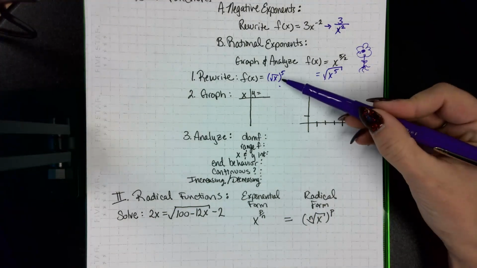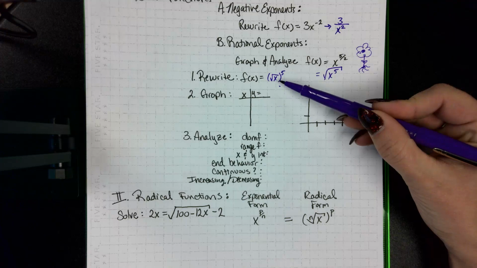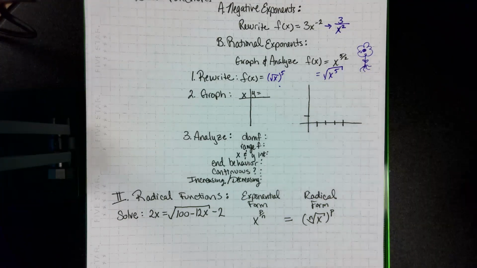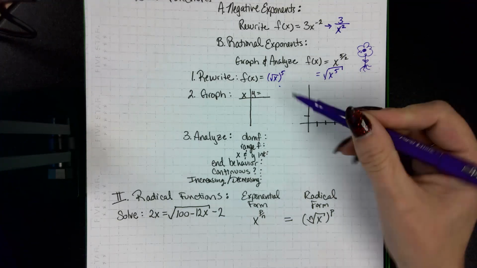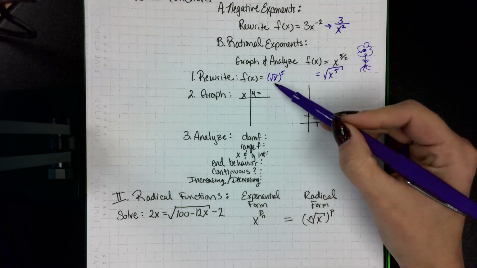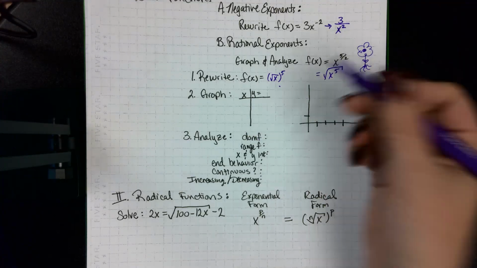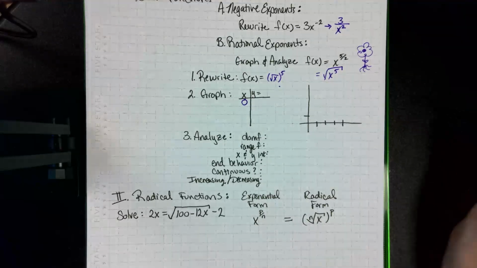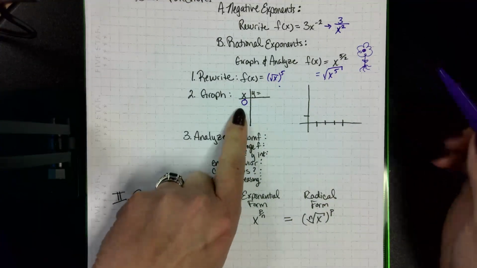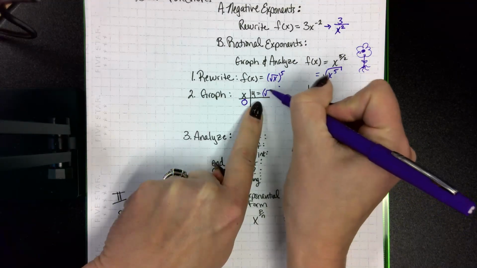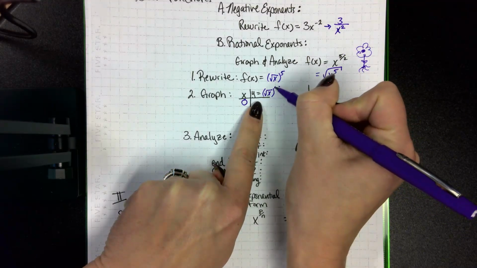So if I'm talking about a square root function, I know what that parent function looks like. It starts at 0 and goes to the right, to the positive numbers. We don't take the square root of a negative number because that would be imaginary. So that tells me if I'm going to choose my x values, I could start at 0. That would be a good number to choose. And if x is 0 and I plug it into y equals the square root of x and raise it to the 5th power,